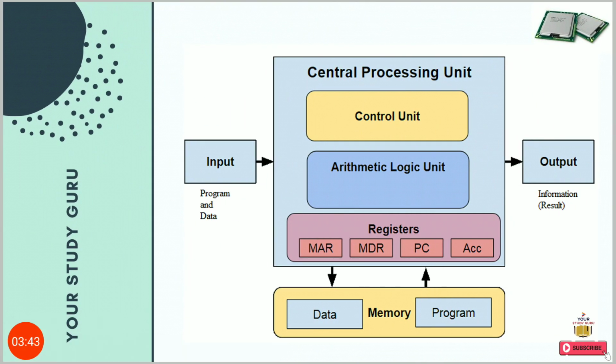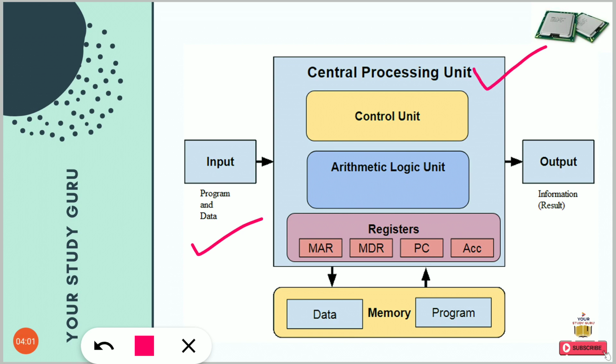This is the simple structure of the CPU and the different units connected to it. First is input: program and data. Data may be 20, 30, A, B, C, any name, any keyword. After that, it will be processed in the CPU and it will give the output. So first the CPU is the central processing unit, with the control unit in this, the ALU in this, and now the register. What is a register? A register is a special memory used by the CPU to temporarily store data.